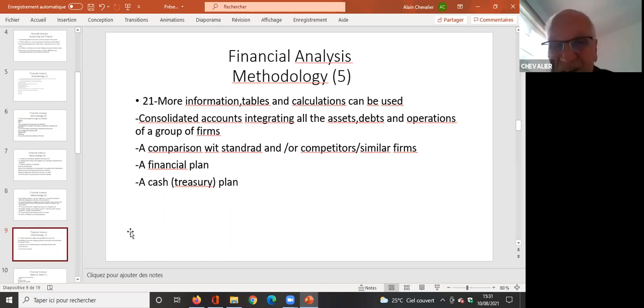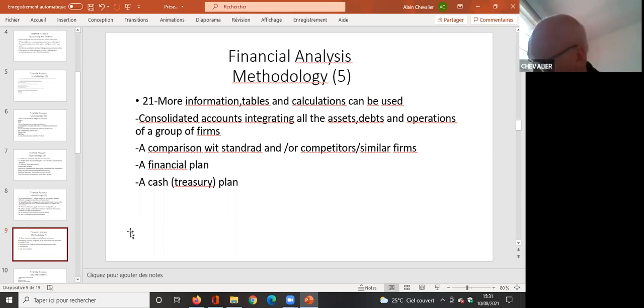It means the target was for each of them to do at least as well as Nestlé. So, comparison to competitors, to leaders,